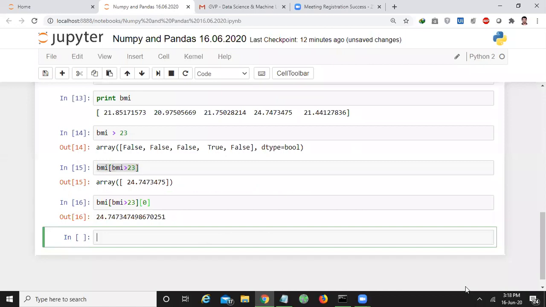Next, let us see some more values here. Yeah, some more facilities here. For example, you can create some random arrays also. For example, I want to create a height array. I don't want to initialize the values, but I want to create some random values. That is np dot round off,